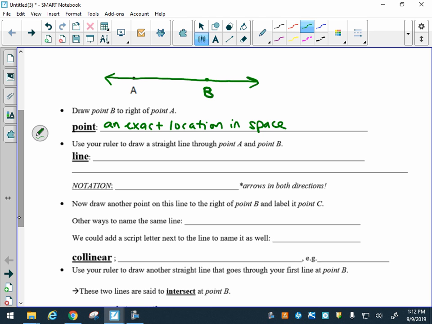Okay, infinite points. Good. 1 dimension, meaning length. It's in a plane. Okay, good. What else is a really important property of a line? It needs to be straight. Yes. Good. So a line is a straight,